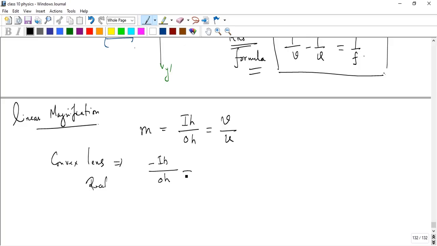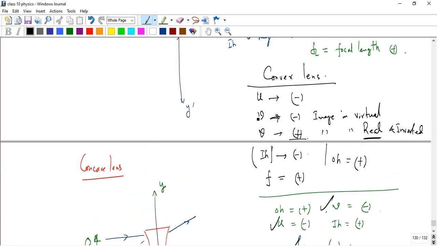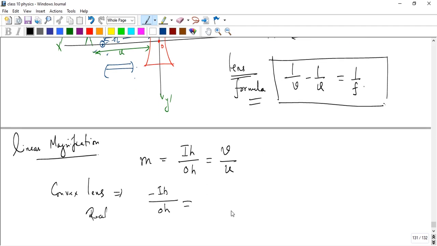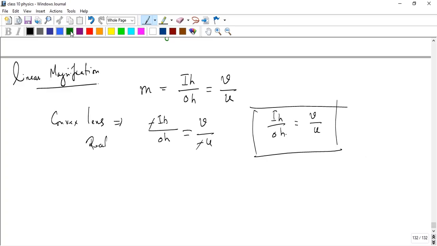Okay, and there's V. V is the image distance, and U is the object distance. See that carefully: V is minus for a virtual image, V is plus for real and inverted. So V is plus, and U is always minus, and we cancel these two minus. So we get image height by object height equal to V by U in case of convex lens. And if you choose a concave lens,